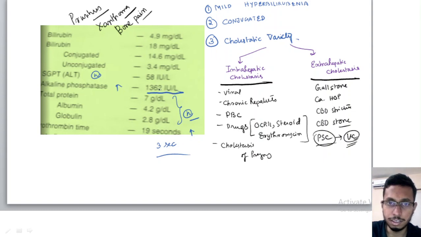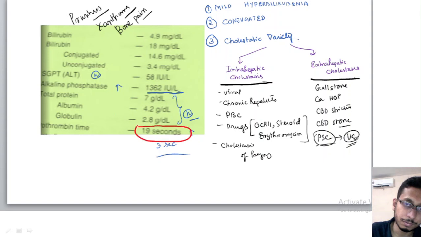So these are the things that you should rule out, and this is most likely the cholestatic variety of extrahepatic because SGPT is normal and total protein AG ratio is also normal, but prothrombin time is increased here. In this case, giving vitamin K will be